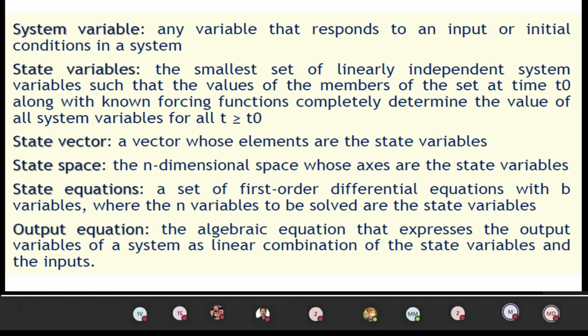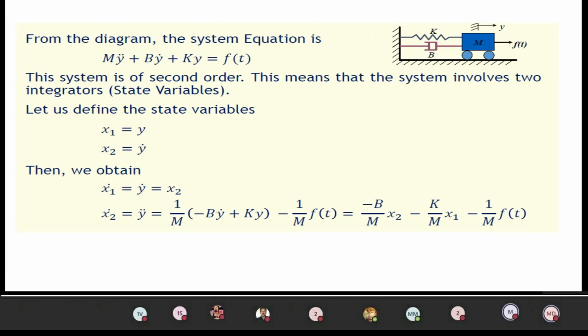Then we can see that the state space model can be obtained, or state space can be represented, in three different methods. The first one is by using a physical model, and the second and third are phase variables and canonical variables. By using these three methods, you can obtain the state model for the system. First of all, we are going to take the mechanical system and see how the state model is obtained for it.